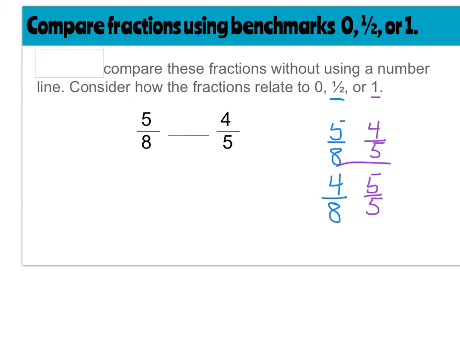So from this reasoning here, using what I know about my benchmarks, 4/8 is 1/2 and 5/5 is 1 whole, I can reason that 4/5 is greater than 5/8 because 4/5 is only a fifth away from 1 whole. Well, 5/8 is just 1/8 bigger than a half. So if I had drawn a number line, and I'm going to add that right now just to clarify my thinking,